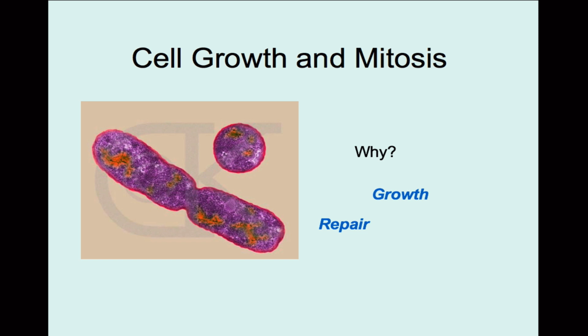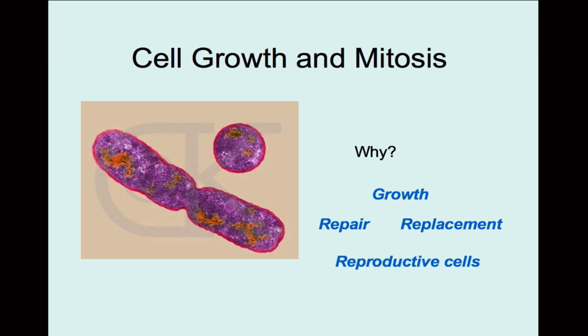Another reason is repair and replacement. All right, so if you get a cut, your body has to repair that, and it does that by doing cell division. It makes new cells to repair that, and it's basically the same as replacement because when you get a cut, if there's a cell that has been cut in half and it's not going to work anymore, then it doesn't really repair the cell, it just replaces it. And so our bodies repair cuts and injuries by replacing those cells.